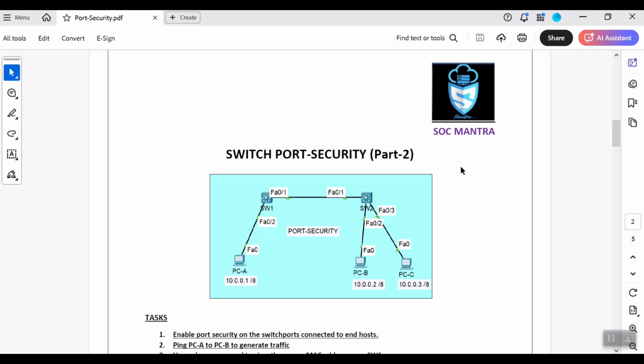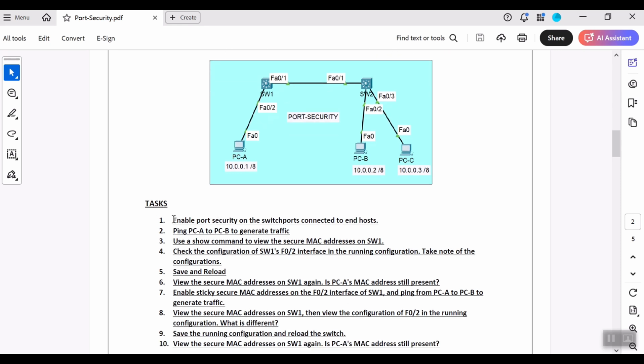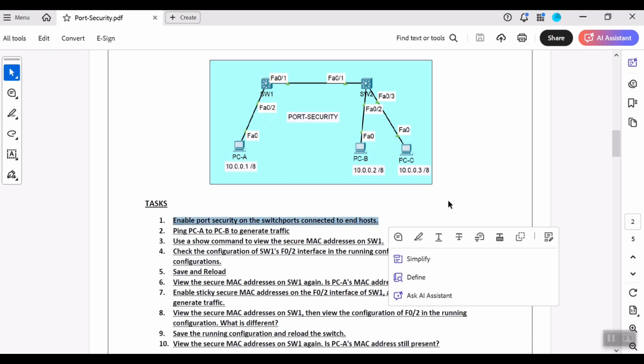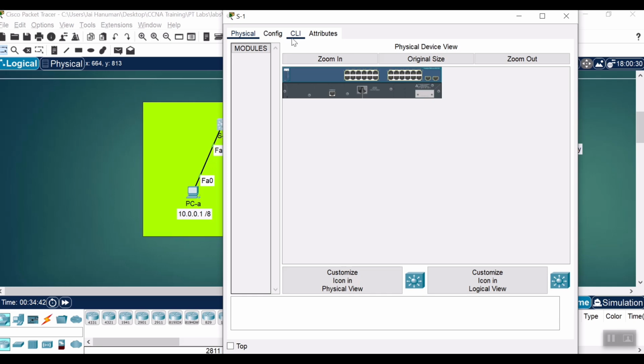Let's do part 2 of the port security lab. In this lab, the first task is to enable port security on the switch ports connected to the end hosts. The switch port that is connected to the end host is FastEthernet 0/2, and they have asked to,